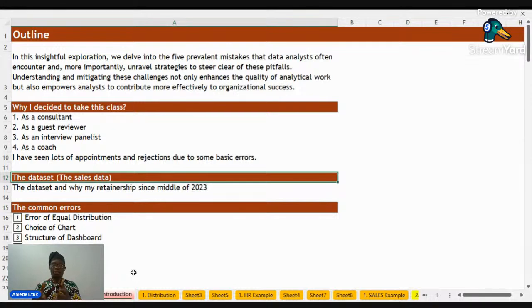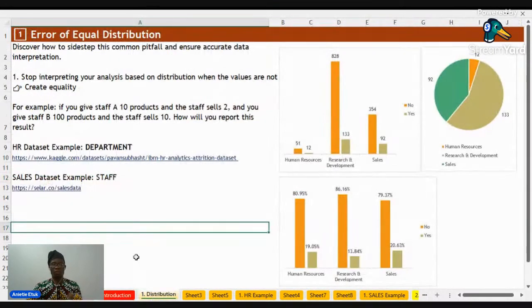They asked me to do something simple, just check the performance of the salespeople. But by the end of the presentation, I told them that the performance of the salespeople is not what is driving the business. It's not the reason for the result they had at a certain time. Instead, on studying the business, I came up with a system. Interestingly, I have a retainership with them because of that suggestion, that they should not just focus on the performance of 1 or 2 persons, but look at the performance within the period and use that to build a system. So that's what we're looking at. We'll start with the first one.